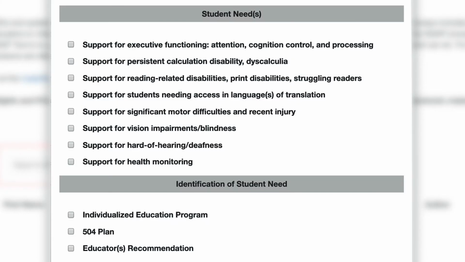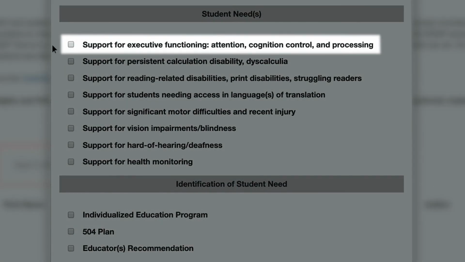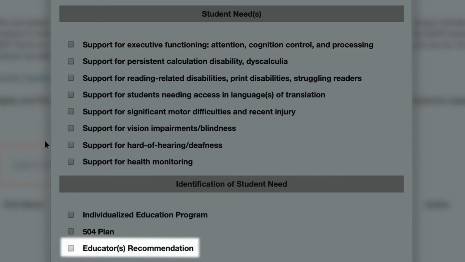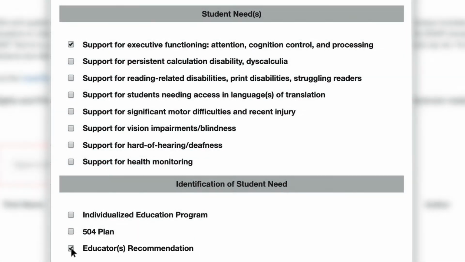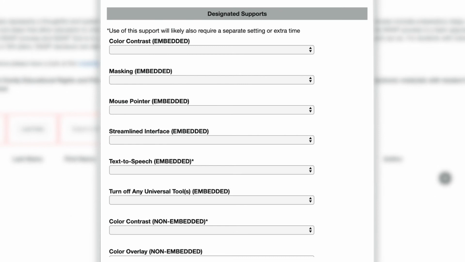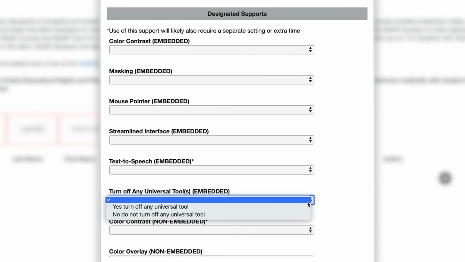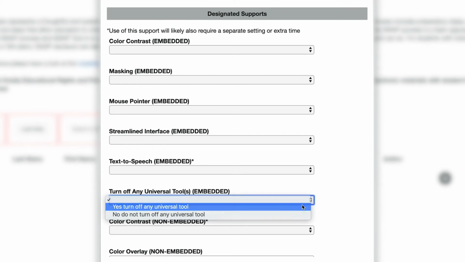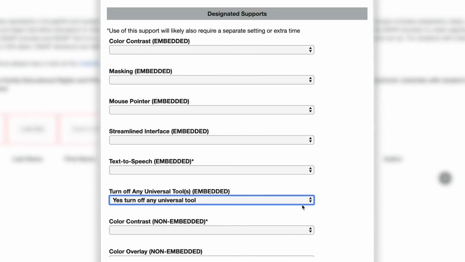To accomplish this, we need to select Support for Executive Functioning, Attention, Cognition Control, and Processing, and Educator Recommendation in the Student Needs and Identification of Student Need sections. The designated support turn off any universal tools must be selected to enable the deselection of any universal tools in